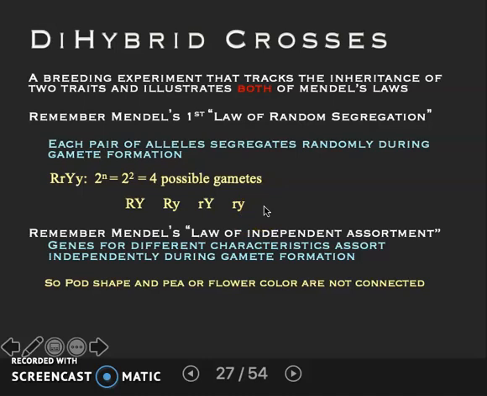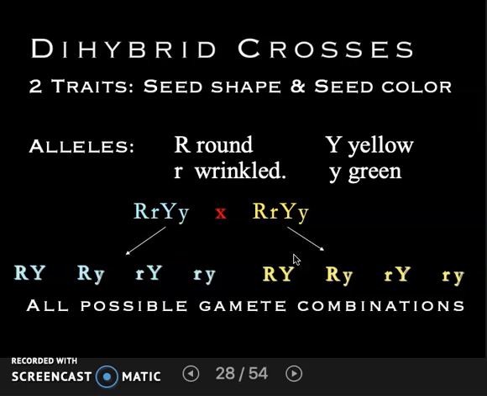Remember, his second law is this: it doesn't matter what your pod shape is or pod color, they'll just simply randomly assort. And again, remember that that's not always true. I mean, it makes sense that maybe purple plants could have green or yellow pods, but doesn't it sort of strike you as odd that you could have a yellow pod with green peas in it? Anyway,